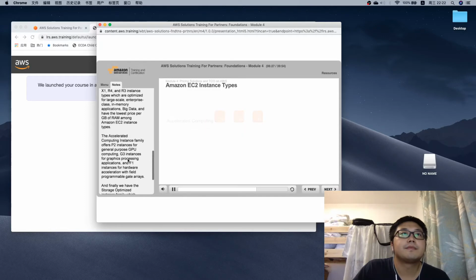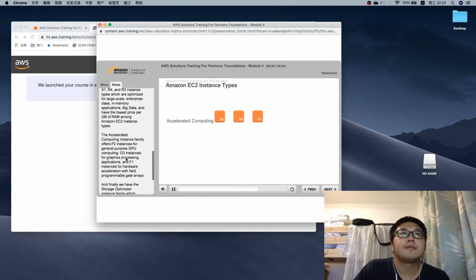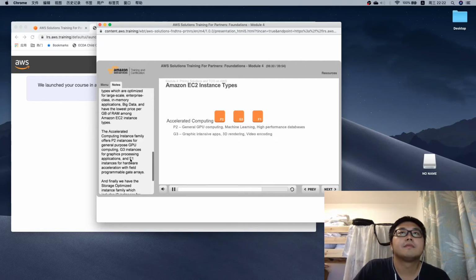The accelerated computing instance family offers P2 instances for general-purpose GPU computing, G3 instances for graphics processing applications, and F1 instances for hardware acceleration with field programmable gate arrays. And finally,